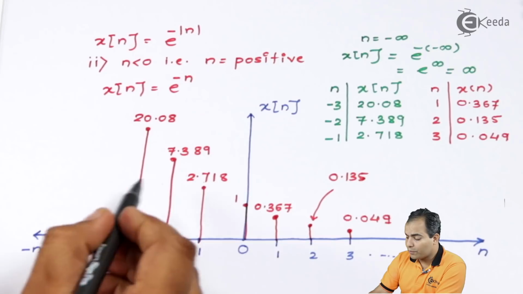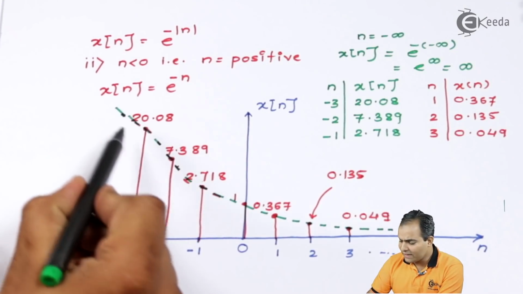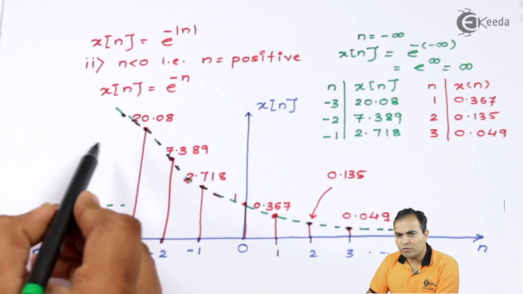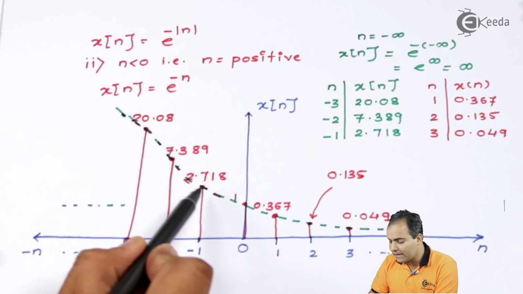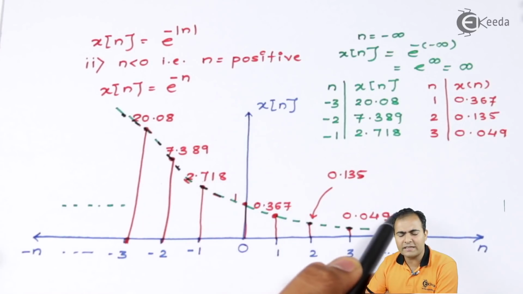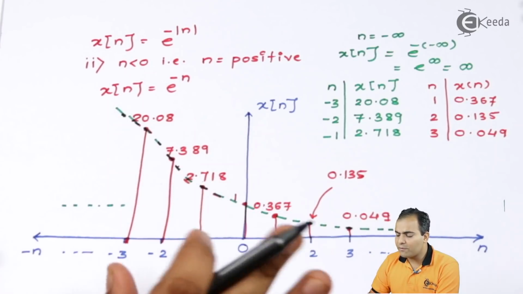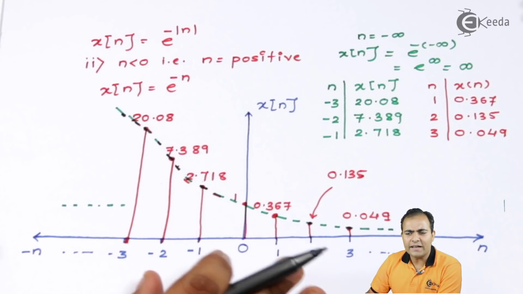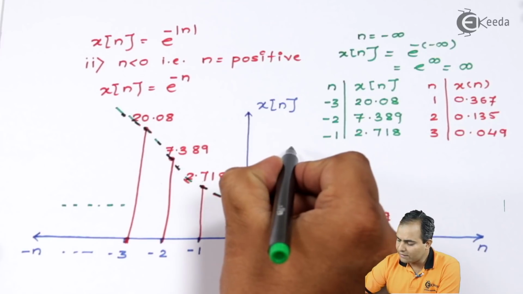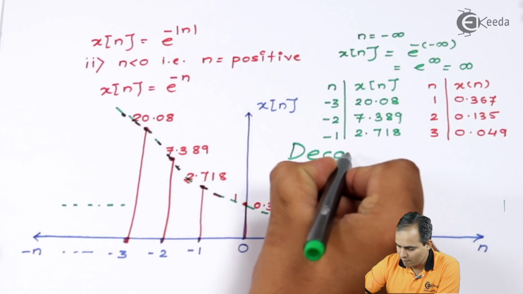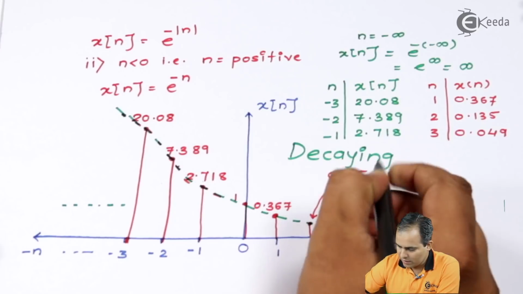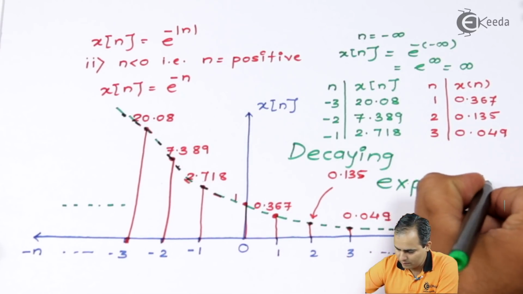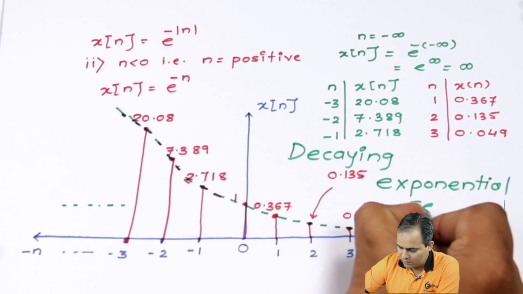If I connect all the points, then what will we get? So let's connect all these points one by one. I have already connected all these points. So what you can see, this graph is continuously decreasing and the amplitude is also continuously decreasing. So this type of behavior of this exponential wave or exponential sequence is called decaying exponential. So this is our decaying exponential sequence,